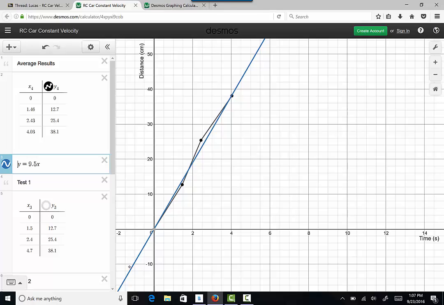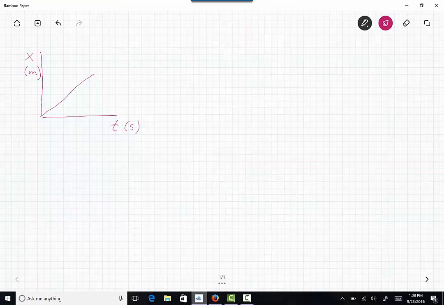When we are doing data points and when we are graphing them, we don't want to connect them dot to dot. We want to draw the best fit line through them or to do a regression line through them. And Lucas figured out that his line is y equals 9.5x. So if we go back to my other paper for a moment, and we use that as an equation, y is equal to